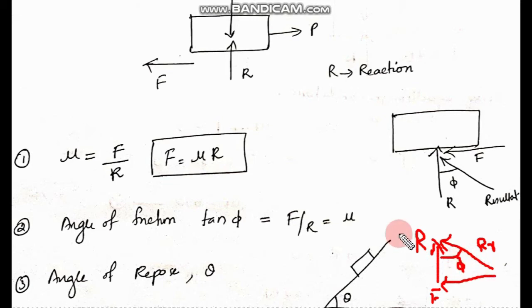So in terms of force, you have got a triangle of forces. If you consider what is tan phi in this particular triangle, it is opposite by adjacent. Obviously opposite is F and adjacent is R. That's why tan phi is F by R, which we already know is equal to mu. So you can mark it there. So it's clear, right? Now that is the angle of friction, the angle between the resultant and the normal reaction.